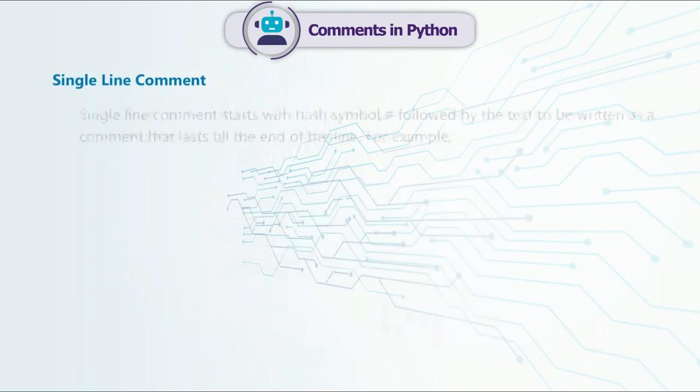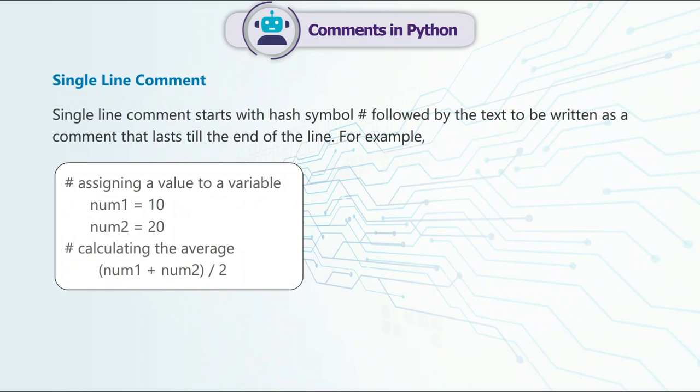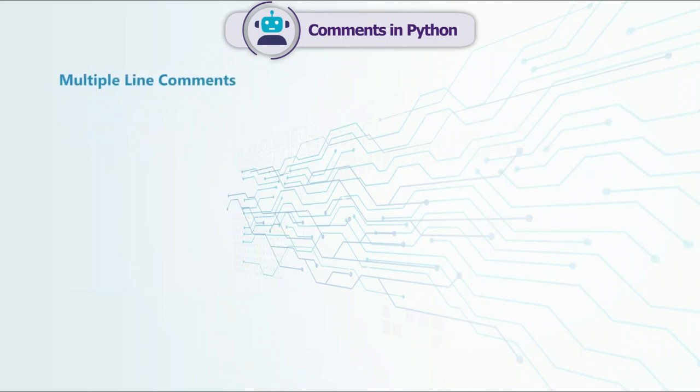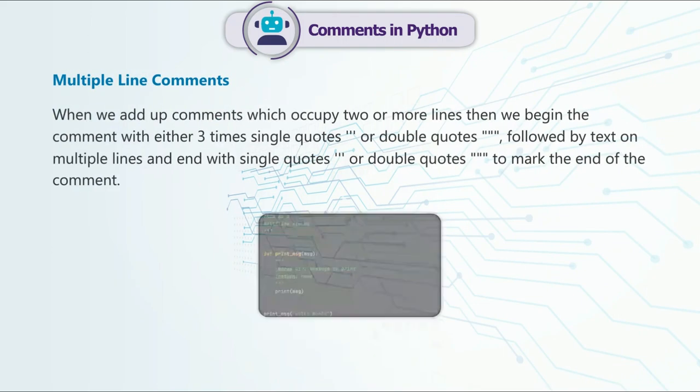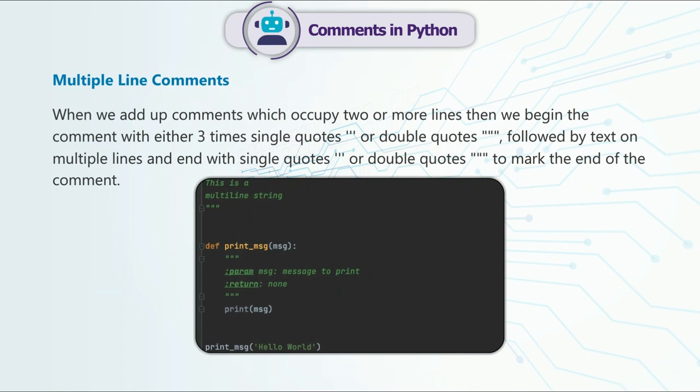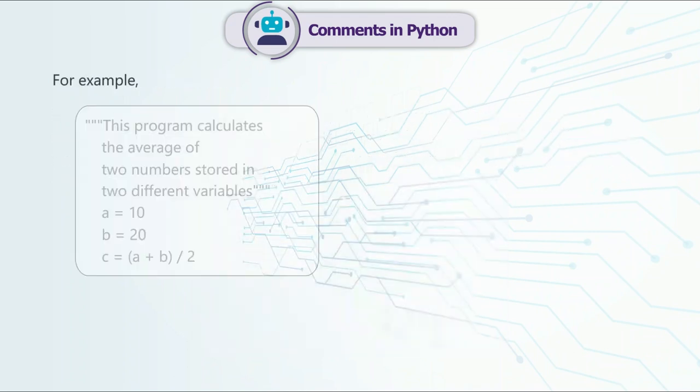Single line comment. A single line comment starts with a hash symbol, followed by the text to be written as a comment that lasts till the end of the line. For example, multiple line comments. When we add comments which occupy two or more lines, we begin the comment with either three single quotes or double quotes, followed by text on multiple lines, and end with three single quotes or double quotes to mark the end of the comment. For example,